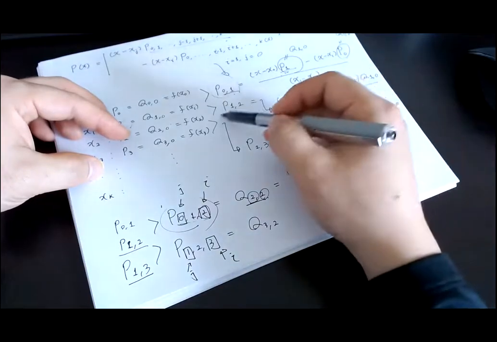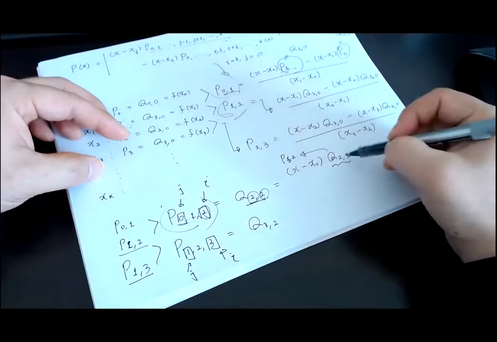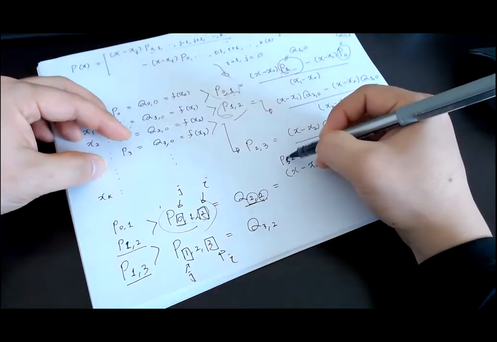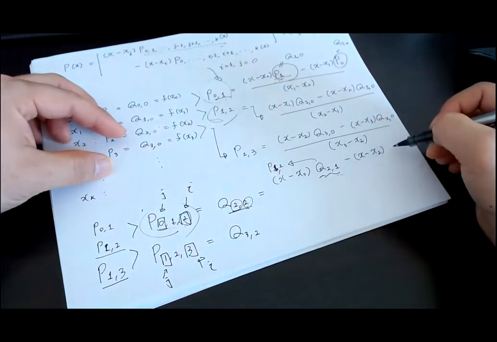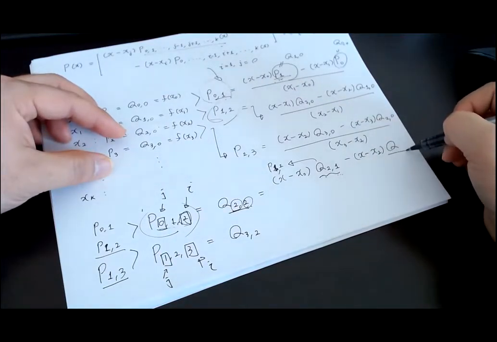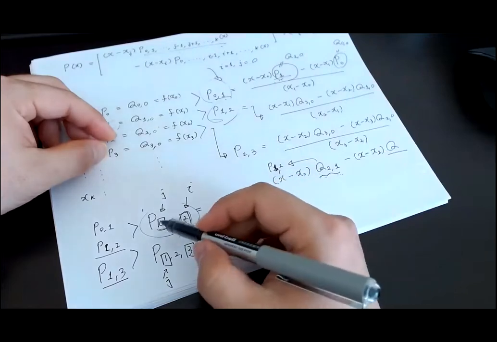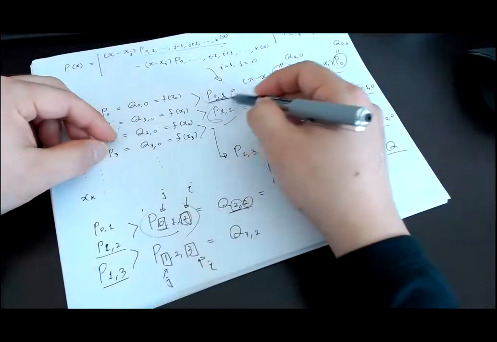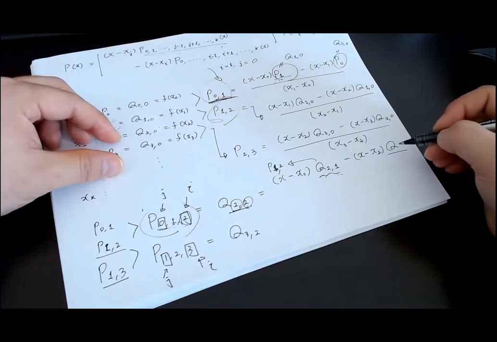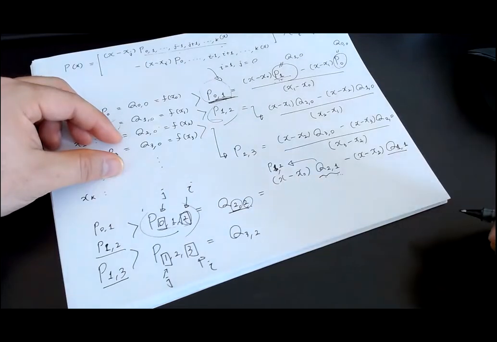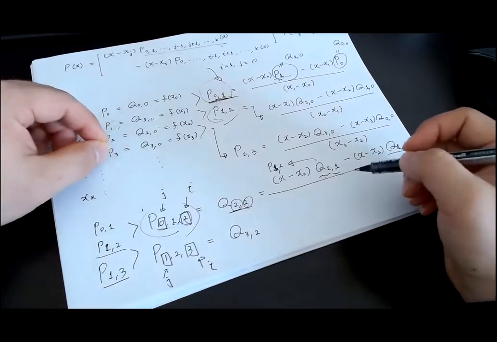This is p1,2, which should be equal to Q2,1. Then minus x minus x2 times, now the next one should be the Lagrange interpolating polynomial interpolating x0 and x1, which is Q1,1, right? Okay. Divide by,